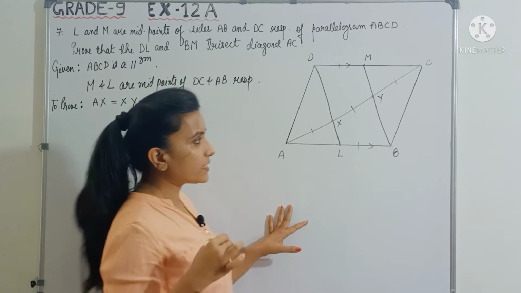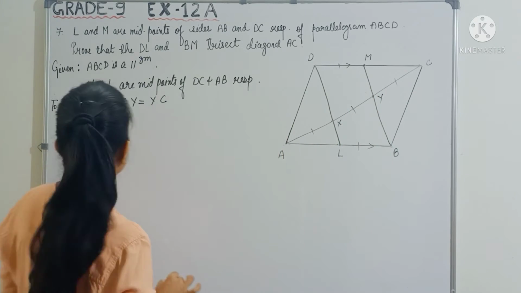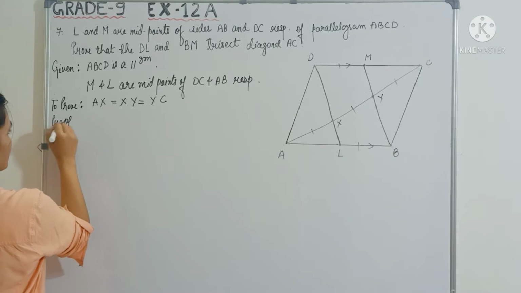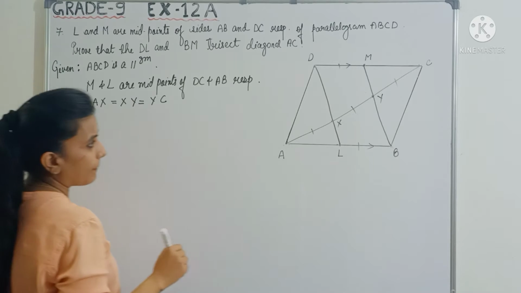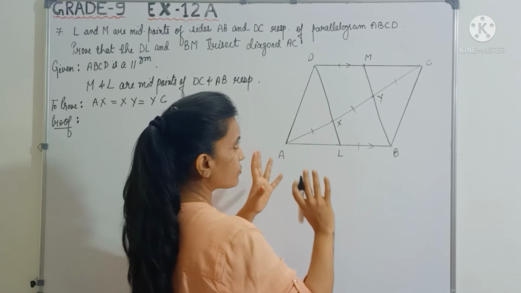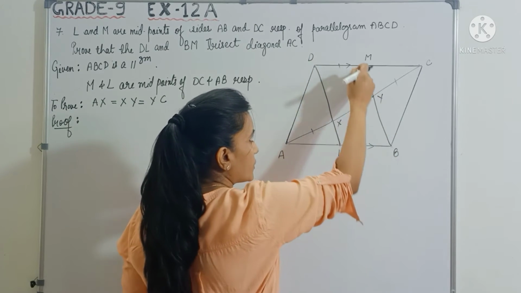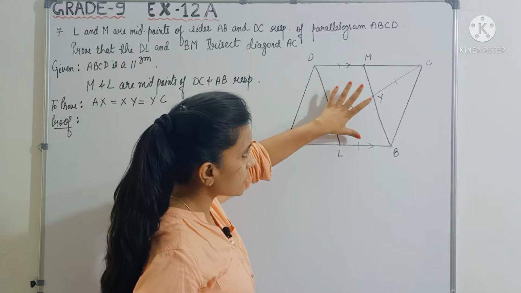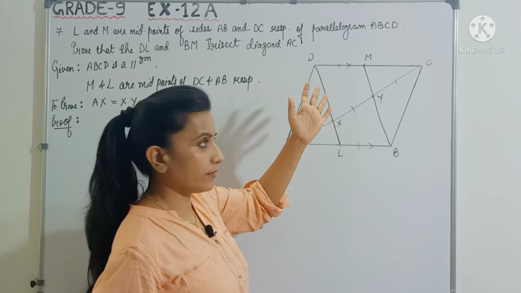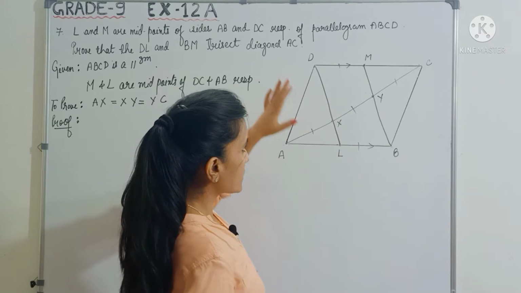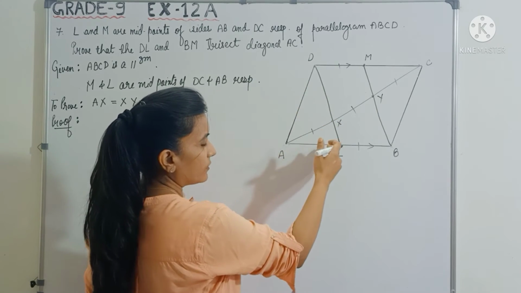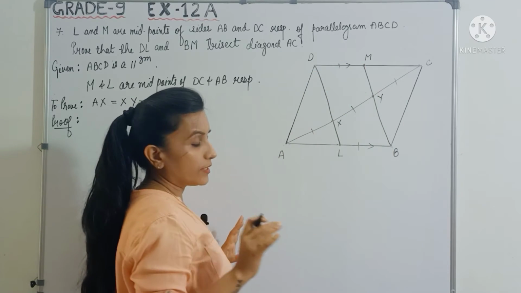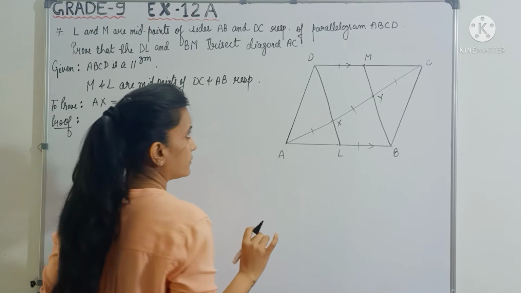Okay, so let's write down whatever we have discussed here. So the proof is, see here, actually since we are using this quadrilateral, we prove that this is a parallelogram and this is helping us to prove the rest of the thing, right? So let's do one thing. Let's start proving the question from here by showing that how DLBM is a parallelogram. So let's show that. Okay.